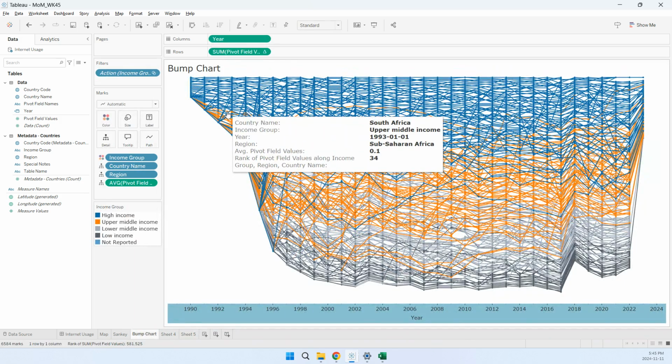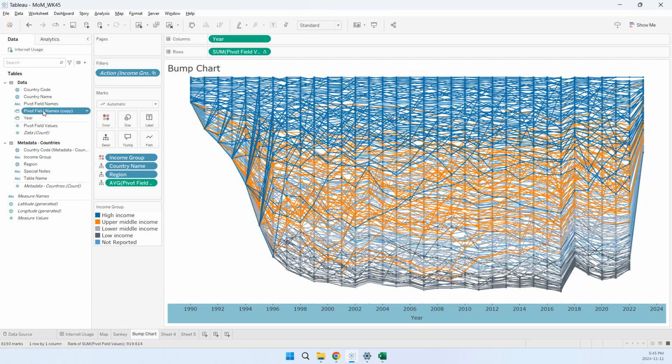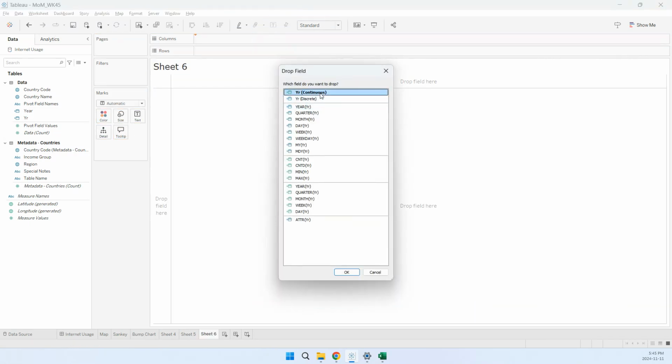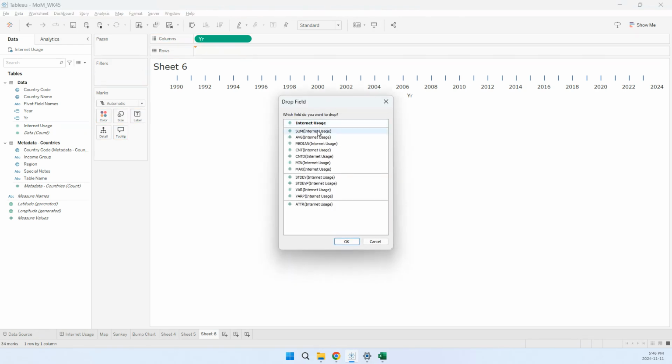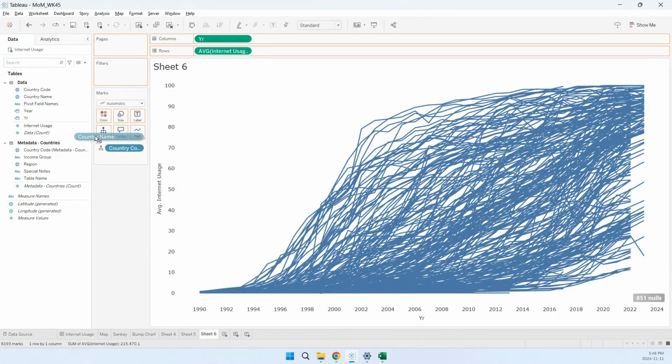Bump chart is easy. Duplicate the pivot name, click on the type of field, choose date, rename field to year. Right click and drag year, choose continuous, pivot field value to internet usage, right click and drag it to rows, choose average. Then drop country code, country name,